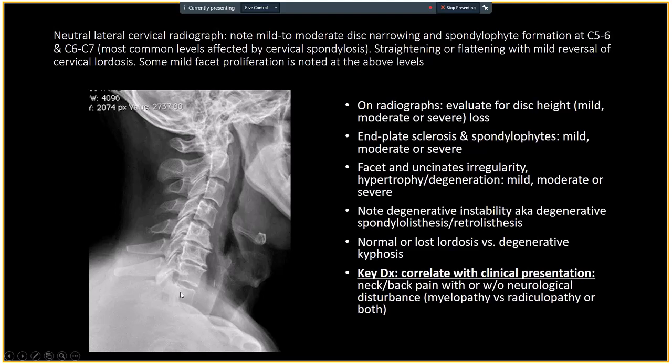On the other hand, some patients may present with significant signs and symptoms, either localized to the neck or with referral, without significant spinal radiographic changes. So again, occasionally it's not very well correlated. However, if the person presents with significant localized pain as well as signs of radiculopathy or myelopathy, at this point you need to order an MRI. MRI will be the most informative imaging modality to diagnose and grade this disease, but also to evaluate